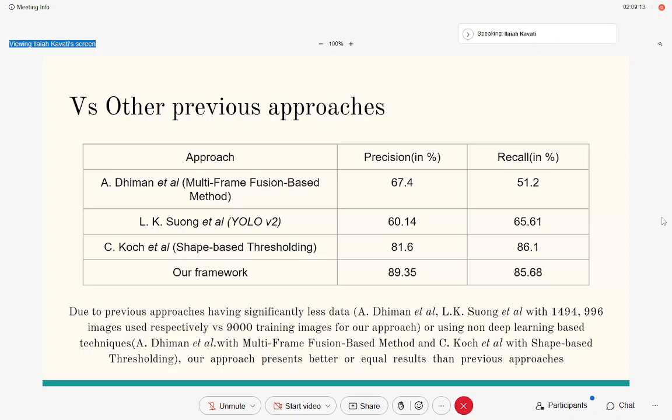We cannot publish that because simple object detection models are there, right? YOLO is there. Suppose here you can see on my screen, Song et al. used YOLO. But our aim is at the same time